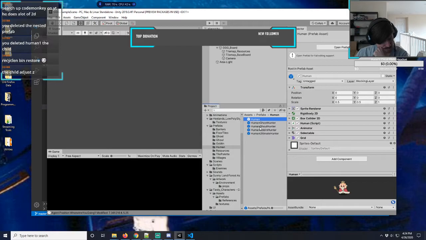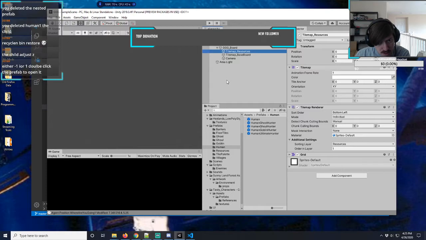No, that's all right. The child is just C. Interesting. Okay, so Food for humans. I'm gonna have to redo this again to make an empty game object, put the prefab in there, adjust the position so that it's always going to be at a -1, the same as the tile map resources, and then